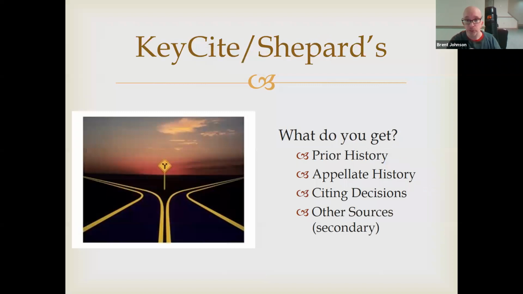So KeyCite and Shepard's, what are you going to get with all of these flags? You're going to get obviously the prior history and then the appellate history. Has it been overruled by the upper court? Other citing decisions. So you're going to probably want to filter to your jurisdiction. And then finally, you'll get secondary source treatments, law review articles, practice aids, other things that have cited your opinion,